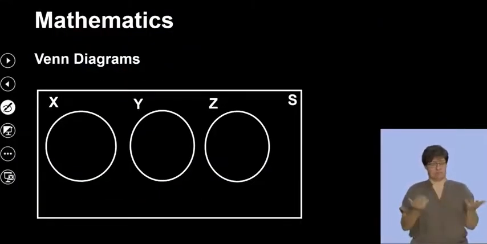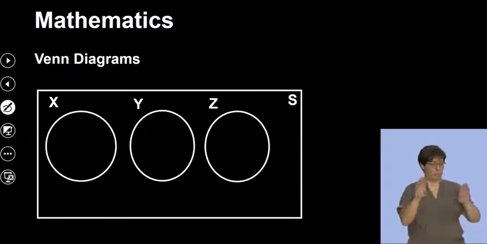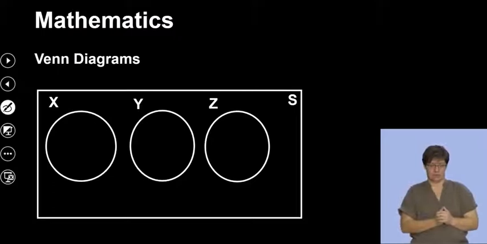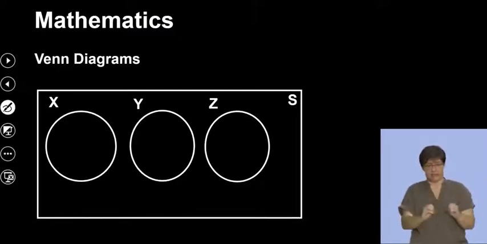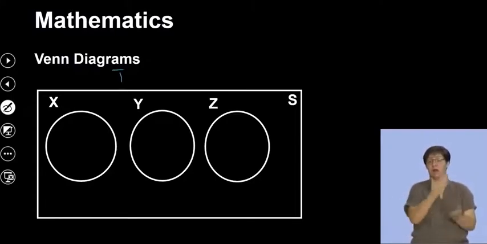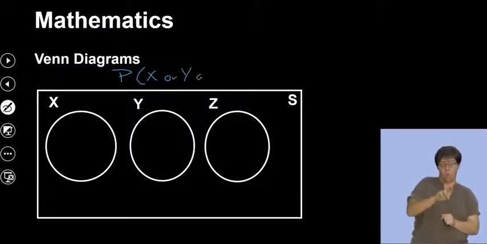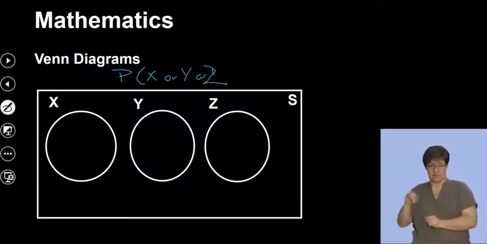There we go. We've got the Venn diagram of X, Y, and Z, and you'll notice that those do not have any overlap in them. There is nothing in X that is in Y, and nothing in X that is in Z. So these are mutually exclusive. And for that reason, if we wanted to find the probability of X or Y or Z,